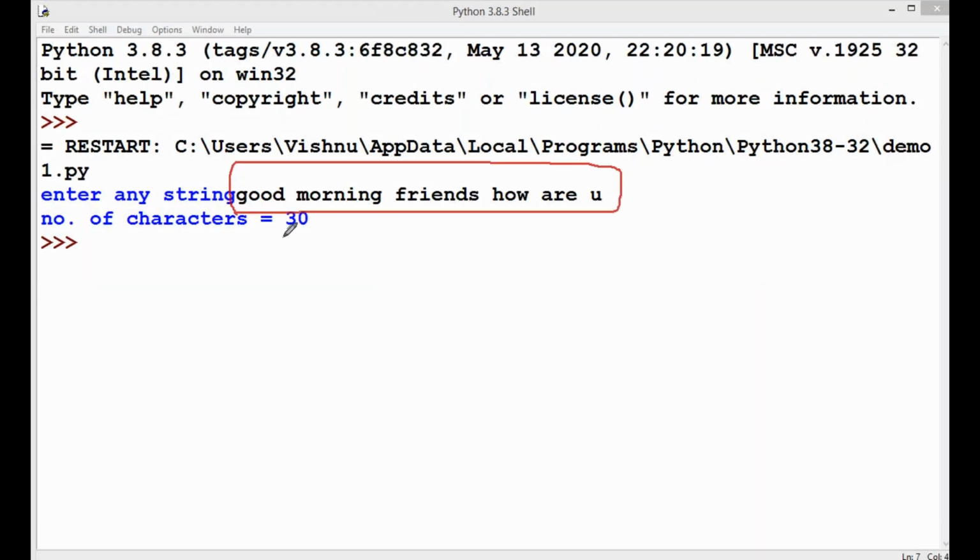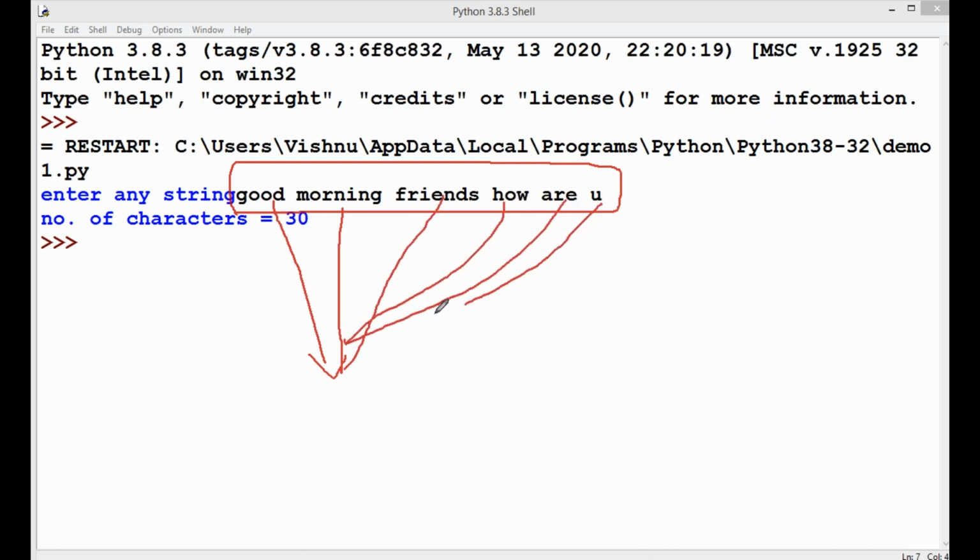Here the next question is, here we are only finding the number of characters. The next one is number of characters and number of words also. How many words are available here? 1, 2, 3, 4, 5 and 6. The total number of words equal to 6. Number of characters equal to 30. The number of digits equal to some value. Number of special characters equal to any value.